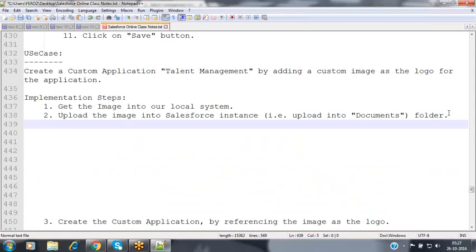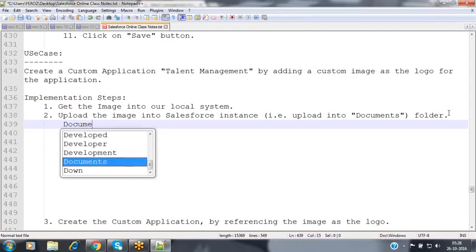Now when coming to documents, Documents is a standard object given by Salesforce where we can upload the resources which we are using inside our Salesforce instance. What kind of resources? Images, pictures, folders, all these things we can upload inside this documents folder. Now make a note of it.